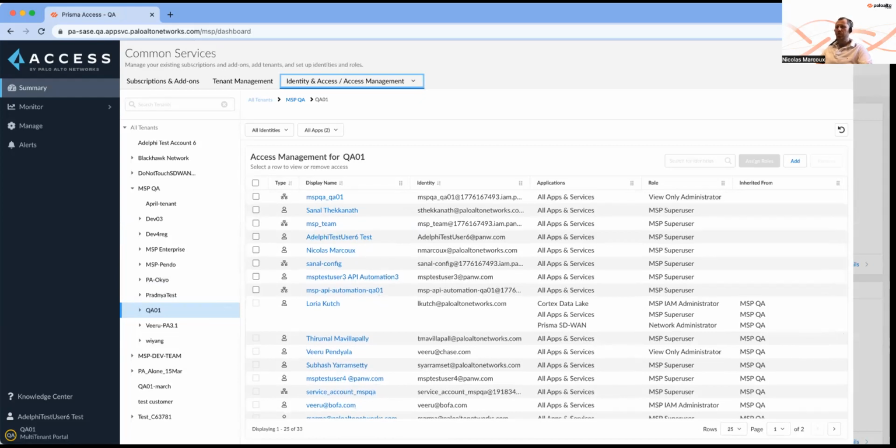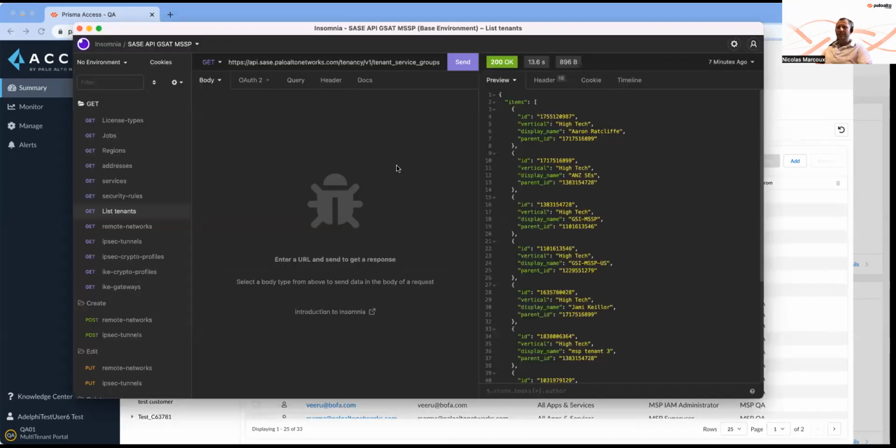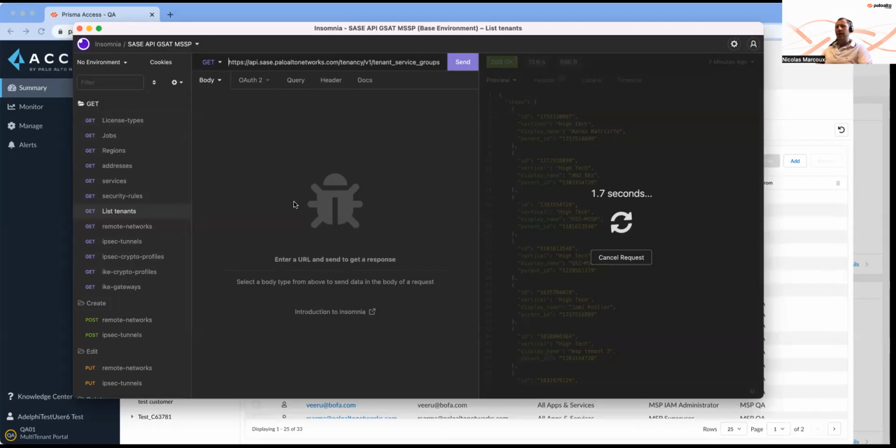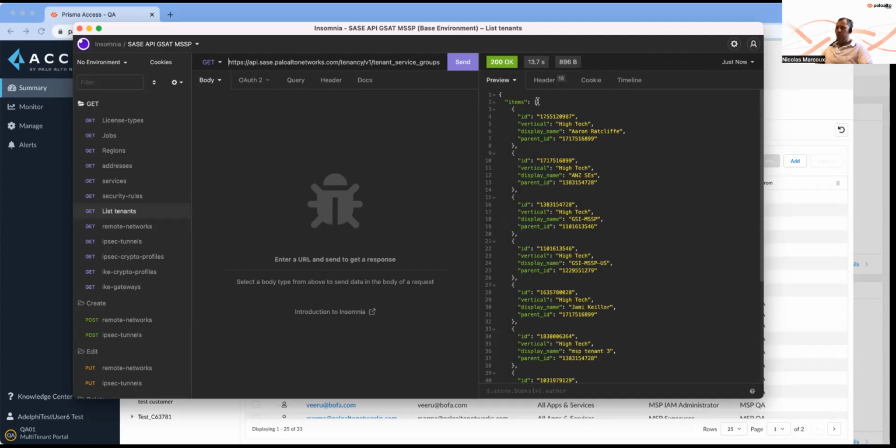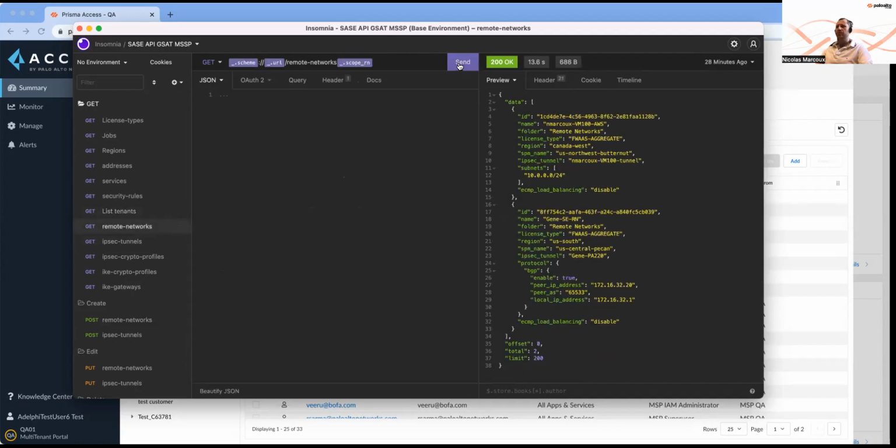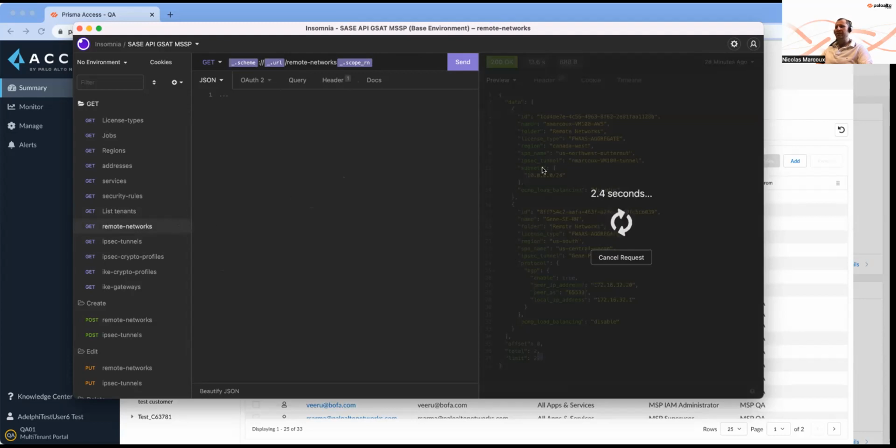And by the way, I will finish with the API part, so let me go there. In this tool, Insomnia, I just added a few API calls, and I can create the API call, and that will list all the tenants of this particular platform. It's going to list all the tenants from the top level down to the child. So here you have, from a flat perspective, all the tenants with all the IDs, parent ID, and then you can query as you want, and you have the remote networks, the IPsec tunnels, so all information is available